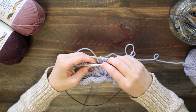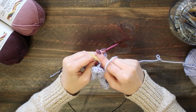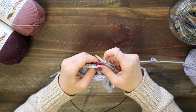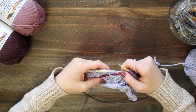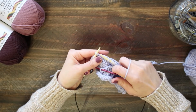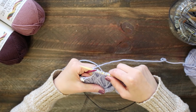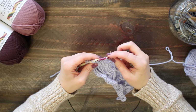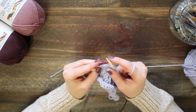So we're going to continue that pattern till the end. So slip 2, hold it in back for your right cable, knit 1, knit 2 off of the cable, slip 1, let's hold it, two off your left, 1 from your cable. And this is our last section. Slip 2, hold it in back, knit 1, knit 2 from cable,